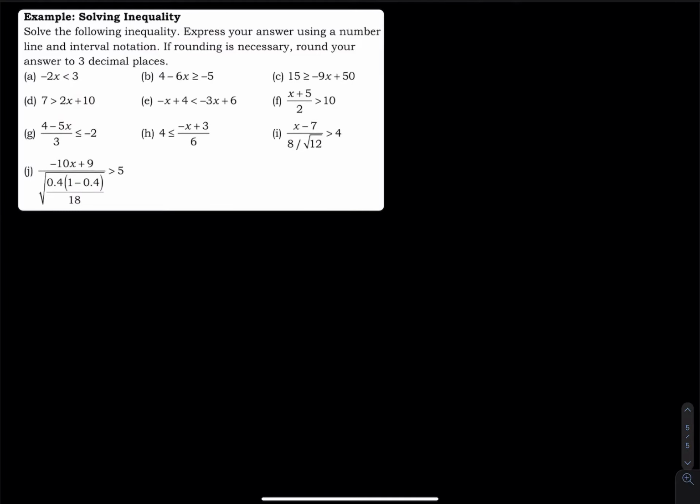All right, let's solve this linear inequality, write the solution set on the number line, and then use interval notation to express the solution set. Okay, A, we have negative 2x less than 3. So first we divide both sides by the coefficient, which is the number in front of the letter, so negative 2. Since negative 2 is negative, we have to reverse the symbol of the